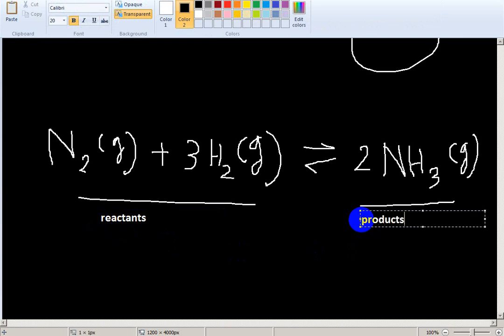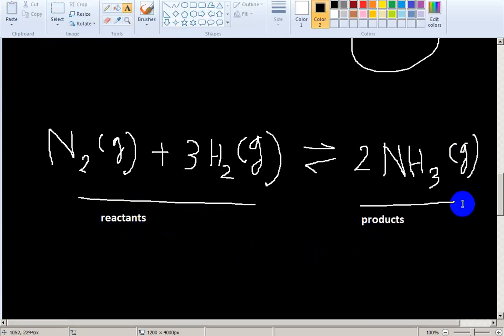When reactants form products, this reaction is